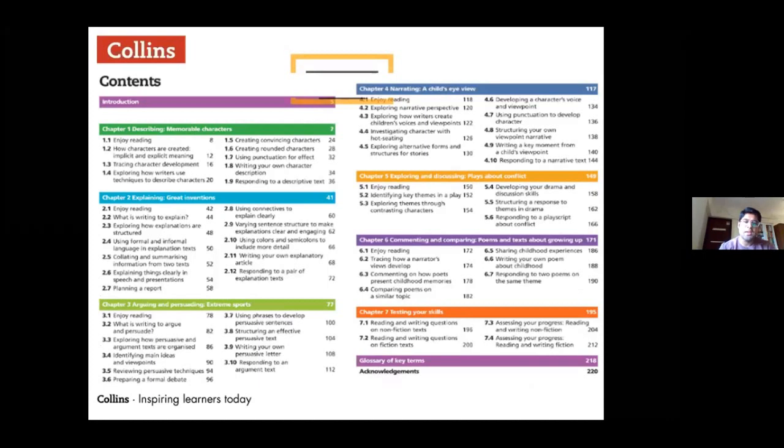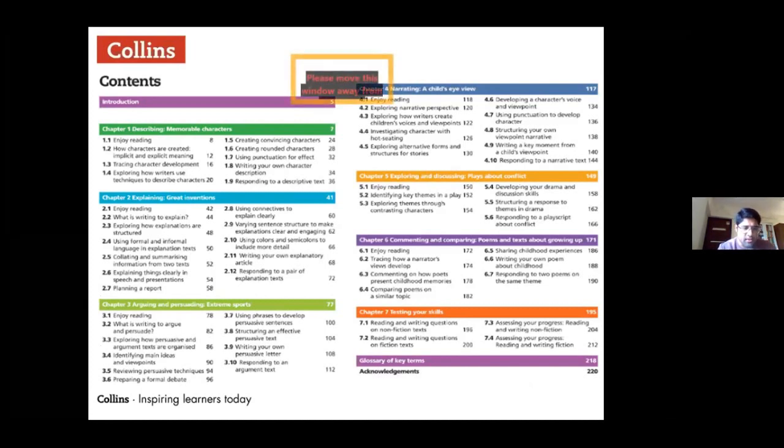This is a snapshot that I've taken from the contents page of the Lower Secondary Checkpoint Collins books, how they look, the student book. So what are the basic elements you find in the content? If you observe, every unit has this Enjoy Reading section, as I mentioned at the beginning. So there is a lot of full length text which the learners will enjoy reading, and then a lot of good exercises. Let's take up this one, chapter 2 over here.